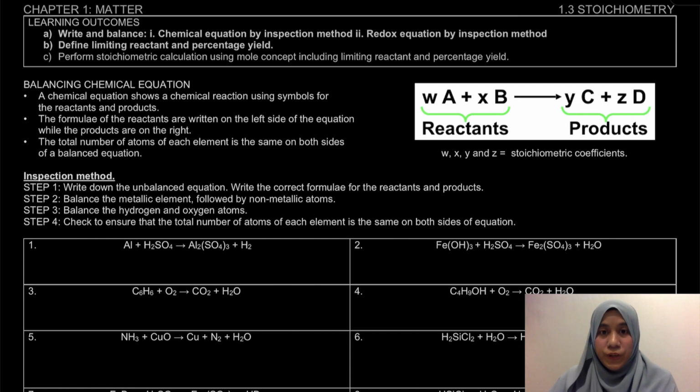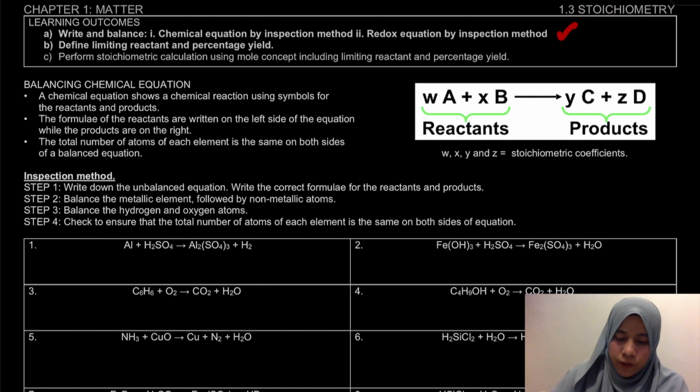Okay, so this week what we're going to learn is actually 1.3 Stoichiometry. Stoichiometry ni is actually the last learning outcome, the last subtopic for chapter 1. Here are the 3 learning outcomes for 1.3, but specifically in this video, what we're going to learn is to write and balance the chemical equation by inspection method. Before we learn much more about stoichiometry, we're going to learn how to balance the